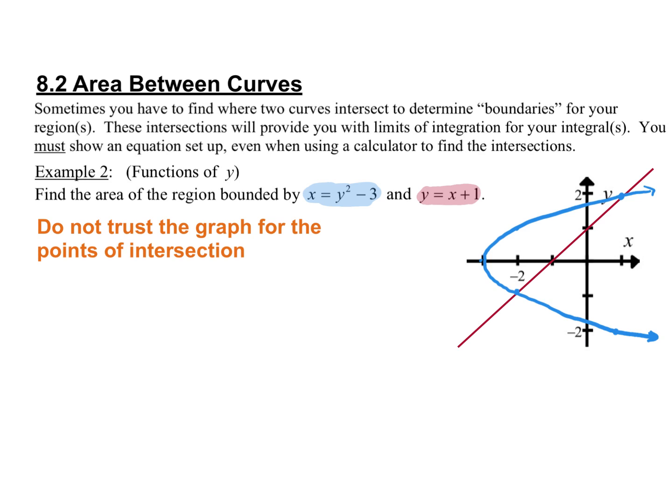And even if you're doing it on a calculator, now in our case, we're not going to, because this is pretty easy. And this kind of gets back to what I was talking about with this equation before. We want it in terms of y instead of in terms of x. So I just kind of flipped it around to get it in terms of x, because what we're trying to figure out is when does this y squared minus 3 equal y squared, or sorry, y minus 1. And so my setup in order to find that